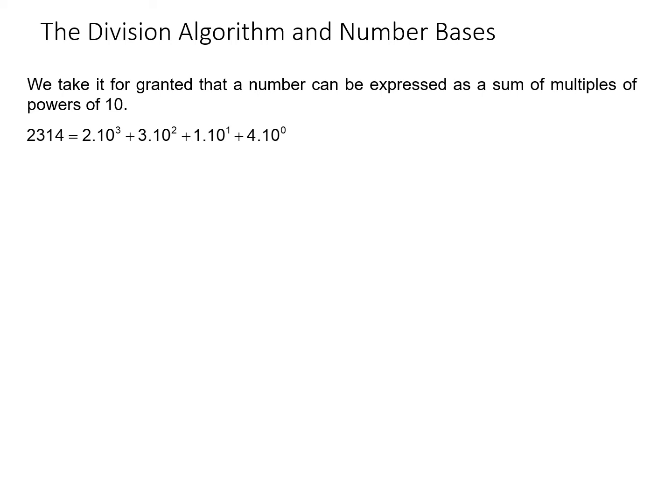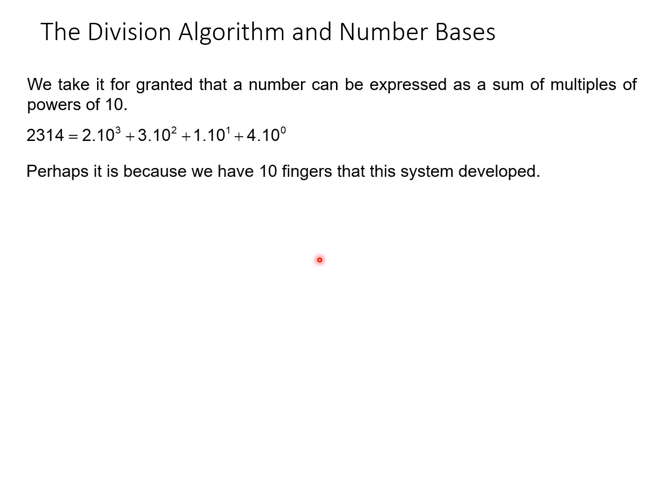means 1000. So this 2314 is actually a combination of 2000 added up with 300s added up with 10 and added up with a 4. So 4 is basically 4 multiplied by 10 to the power of 0. Okay, perhaps because